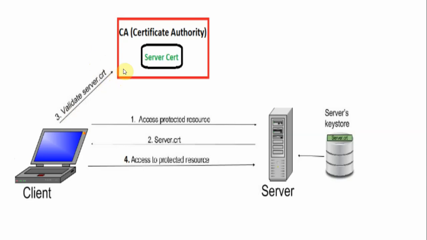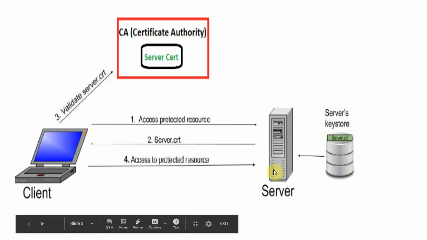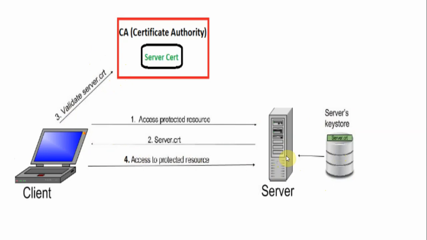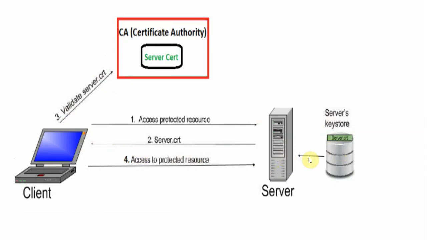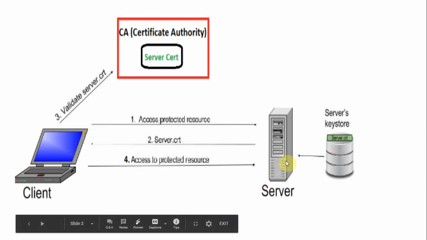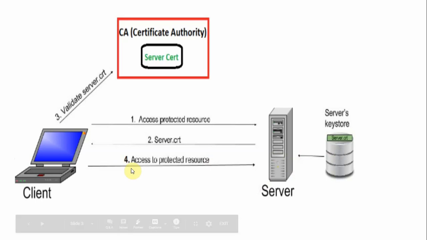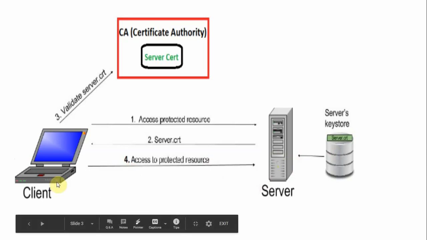If the certificate gets verified with the trust store, then the client will generate a random number, that is the key, encrypted using the server public certificate, and send it back to the server. Now the server will use the private key or private certificate to decrypt that particular key which we have received from the client. If the server is able to decrypt that, it means the client and the server handshake has been done. So the client will say finish to the server, and the server will say finish to the client. And this is the way they will establish a secure connection between client and server.